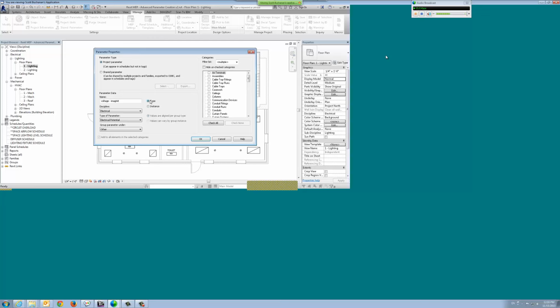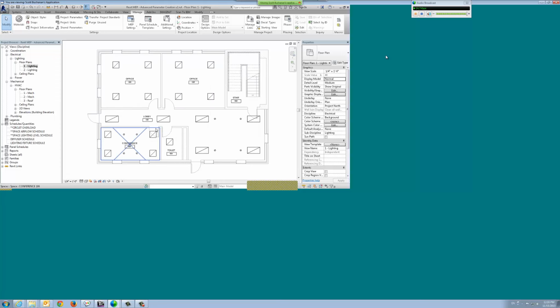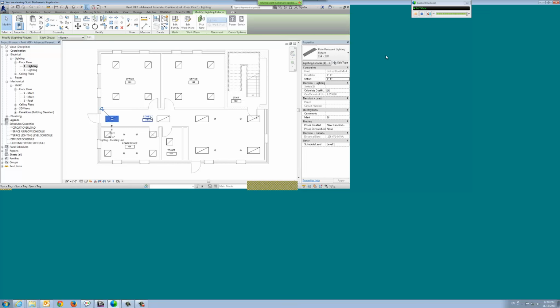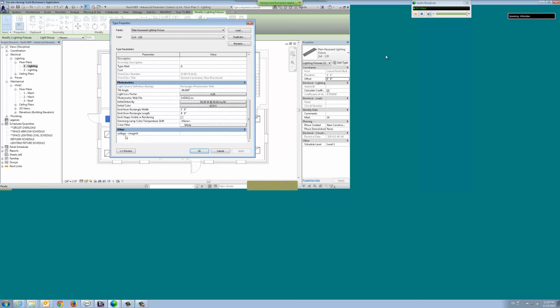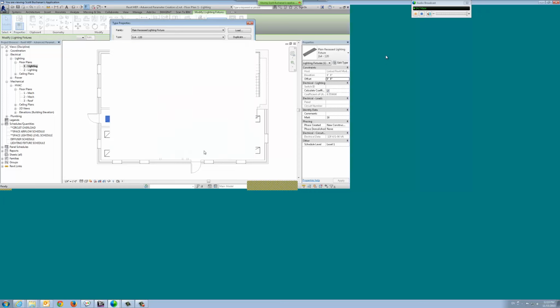And it's going to be a type parameter because we're going for that particular family type. There are 120s, 277s, and so on. And I'll make that selection for the category that it belongs to. So as I make my choice here, now all of my light fixtures are going to have this new parameter placed in them. If I go to the light fixture, still ballast voltage, but all the way at the bottom here, we've got our other right there. We can move that one to a more relevant location later on, but again, just to see it easily here. Notice that it's blank right now. So as we accept out of here,